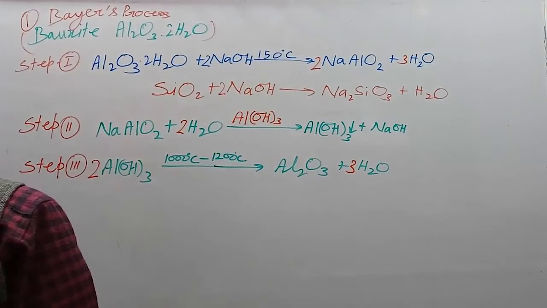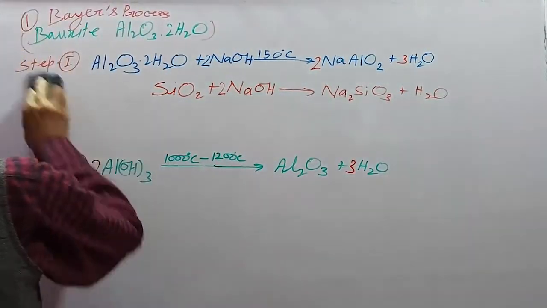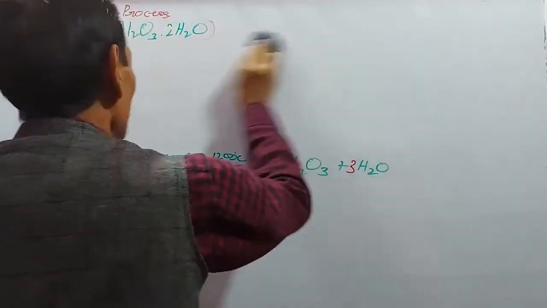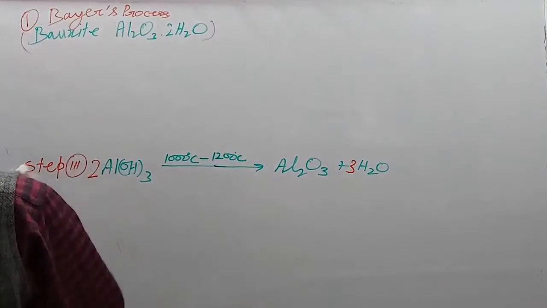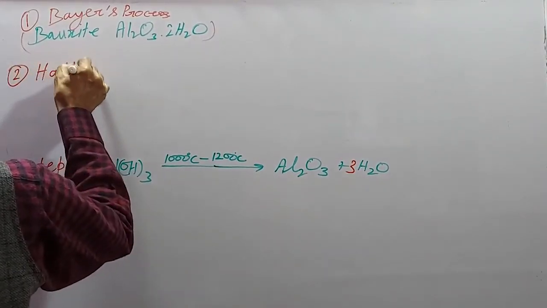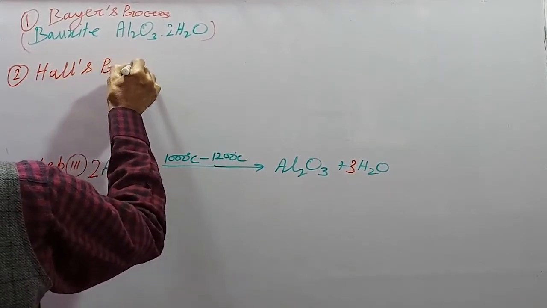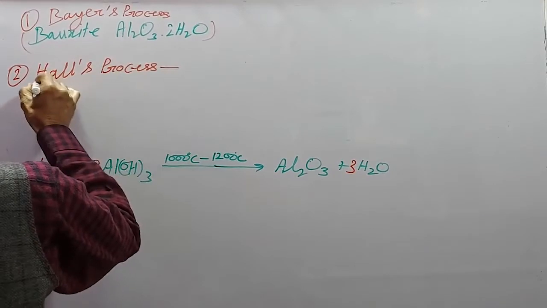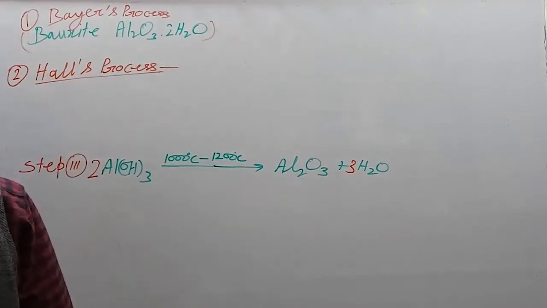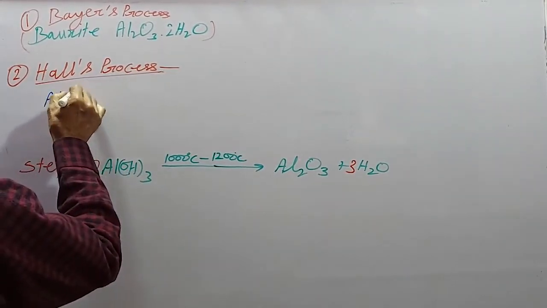Then here, first step, second method I told, Hall's process. Number 2, Hall's process. Here, bauxite